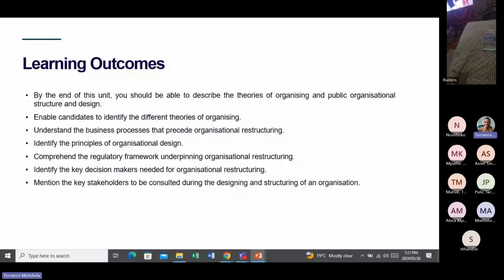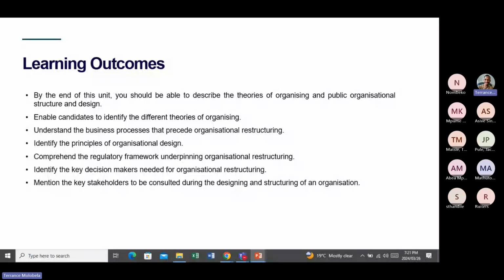It's more like a process that you must follow so that you are able to execute your organizational structuring very well. So you must be able to identify the key decision makers needed for organizational restructuring. Don't take that lightly. In every organization, there's a team of experts, people that I remember talking to one of